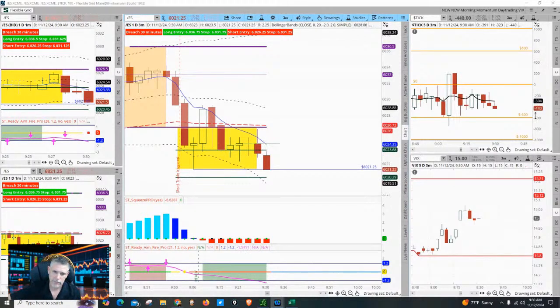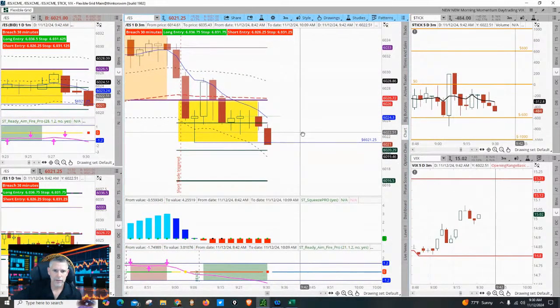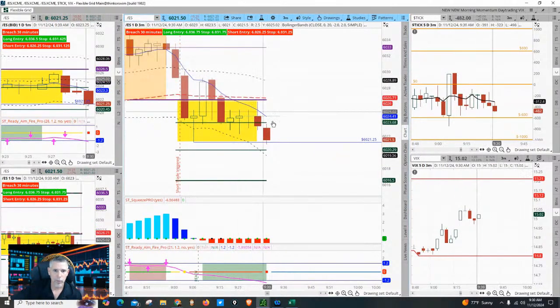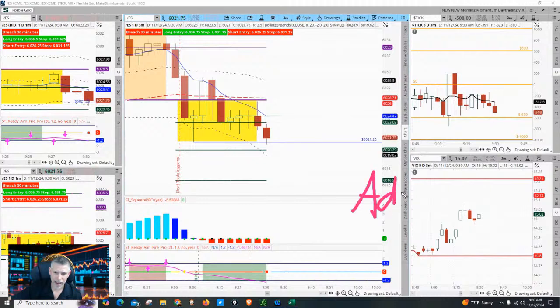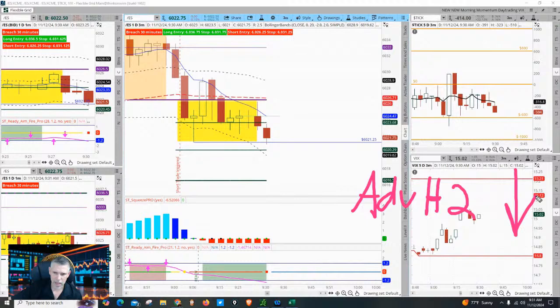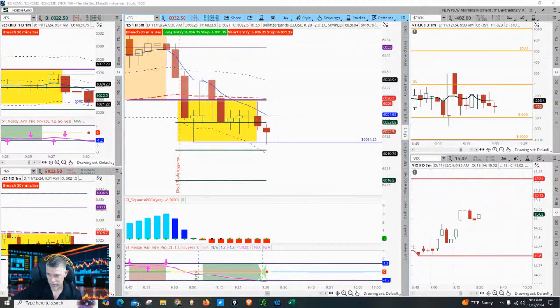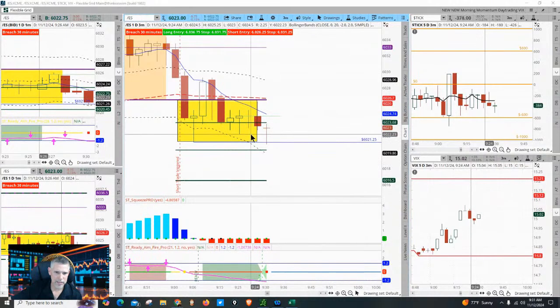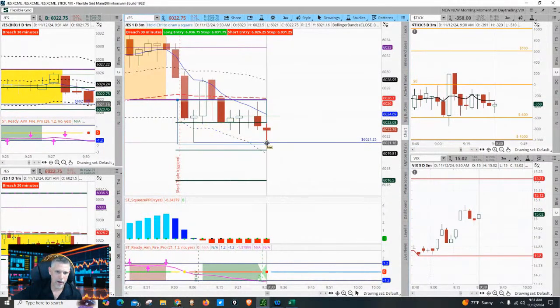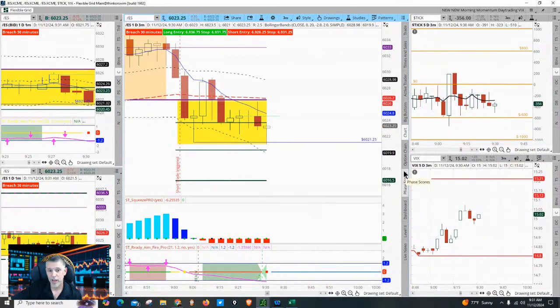All right. Again, this could just be a, I don't know, but we're kind of rolling over a little bit. Momentum is starting to pick up. But remember, I'm looking for advanced number 2 to the downside, or aggressive. I always know what I'm going to do ahead of time. Now look at this casino floor, right? Oh my God. Look at that. If that goes back up, it's just chop city.